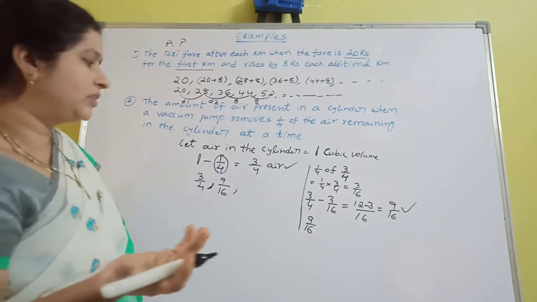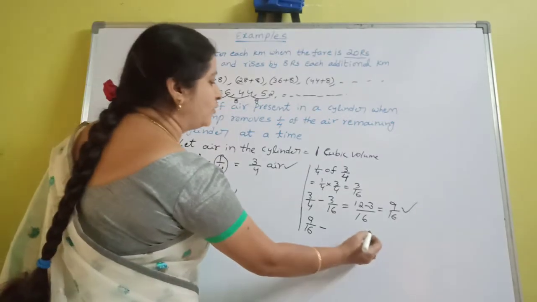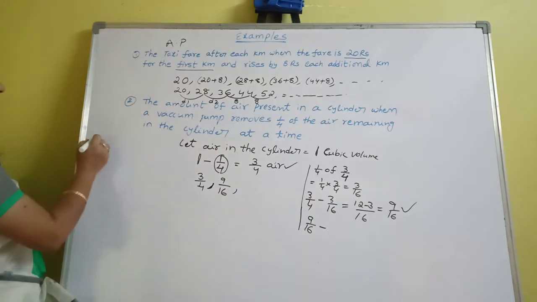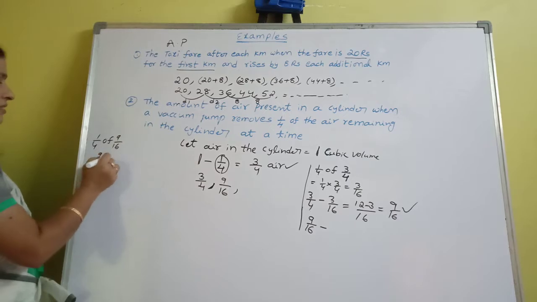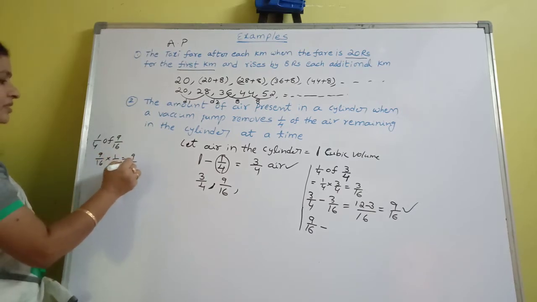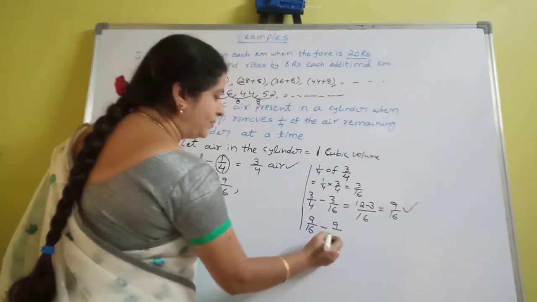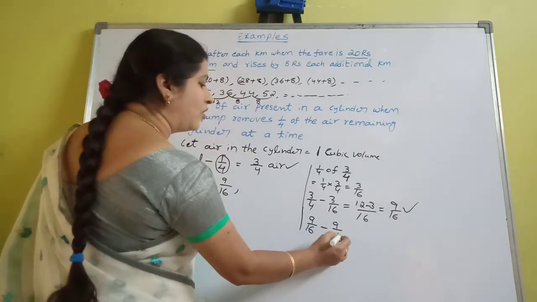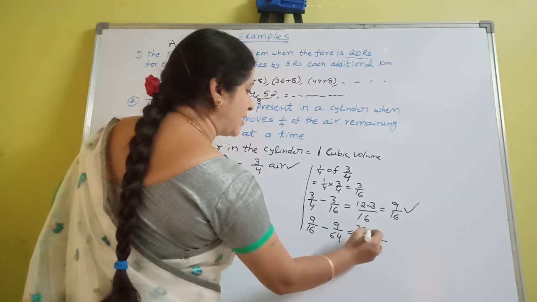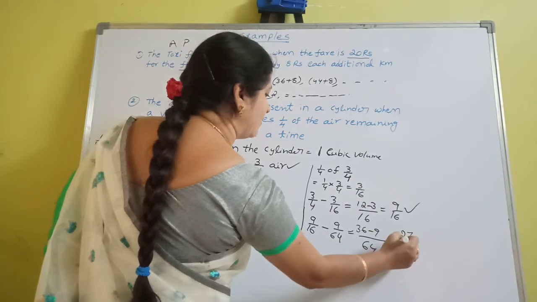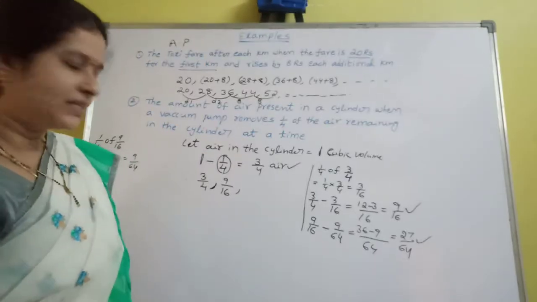If you remove 1/4 of the air again, so 1/4 of the 9/16. What is 1/4 of 9/16? 1/4 of 9/16 is equal to 9/16 times 1/4, so 9/64. Okay. So if you remove 1/4 of the air, meaning 9/64, how much air is remaining? LCM 64. 36 minus 9. So it is 27/64. In the third case, the remaining air in the cylinder is